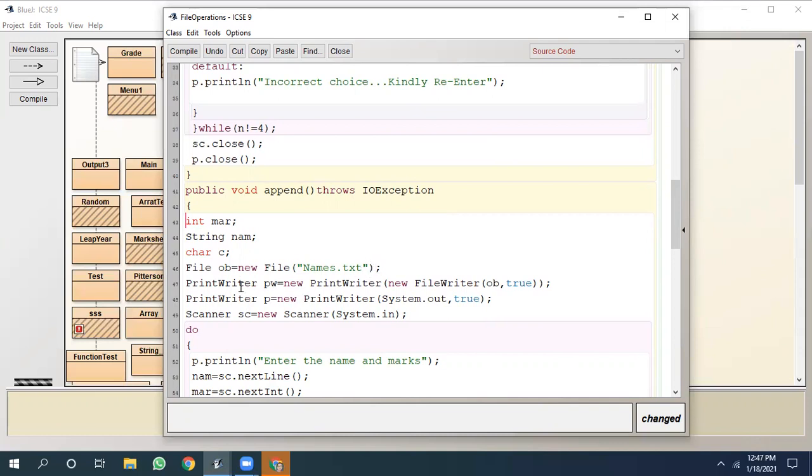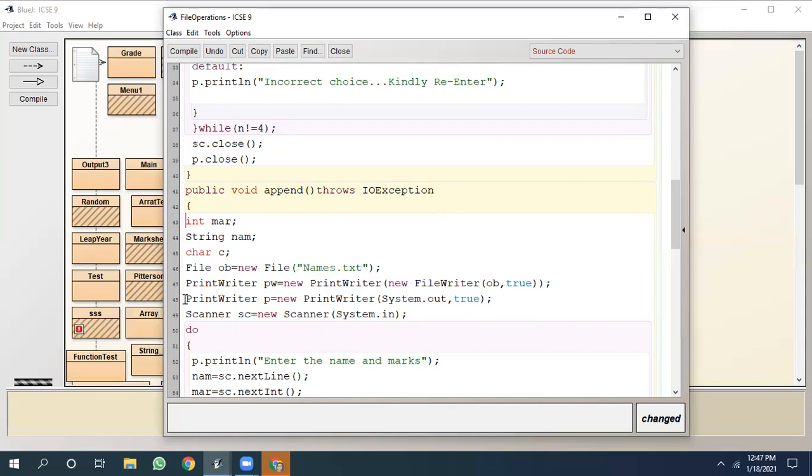Again, we are creating an object PW of the PrintWriter class, and in the constructor of the PrintWriter class we are passing these two: OB is an object and true is a Boolean parameter. And again, we are creating an object P, and in it we are passing these two things.